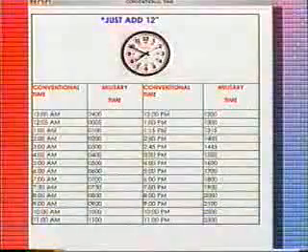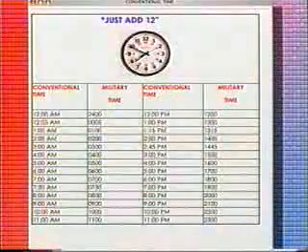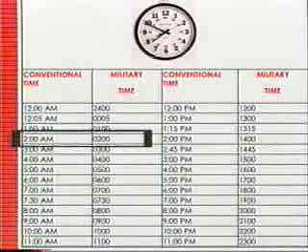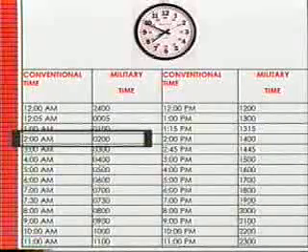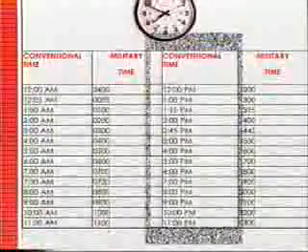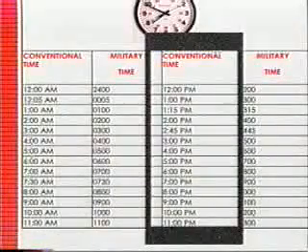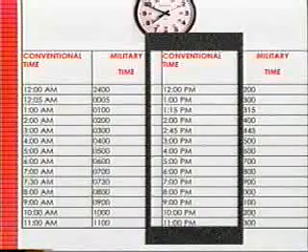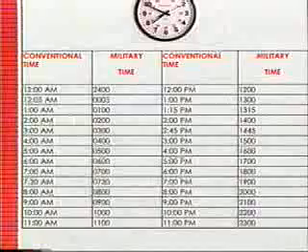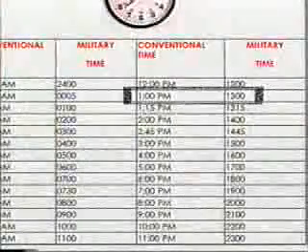If you are using military time, the hours from midnight to noon are referred to as zero-hundred hours. For example, 2 a.m. conventional time is 0200 military time. The PM hours, meaning the hours from 12 noon to midnight on the 12-hour clock or conventional clock, can easily be converted to military time by use of a process called just add 12. If you look at 1 p.m. conventional time,